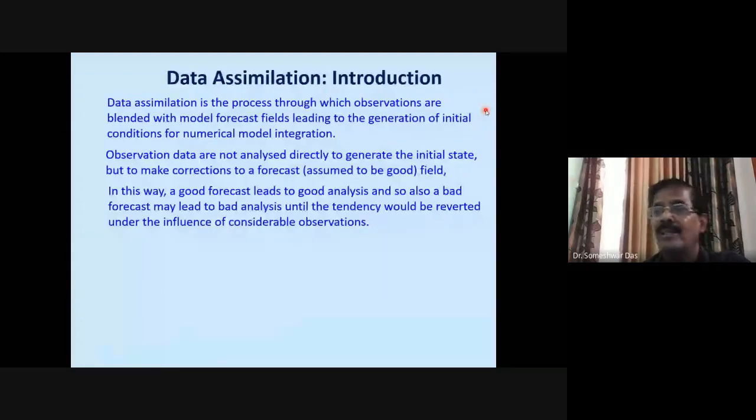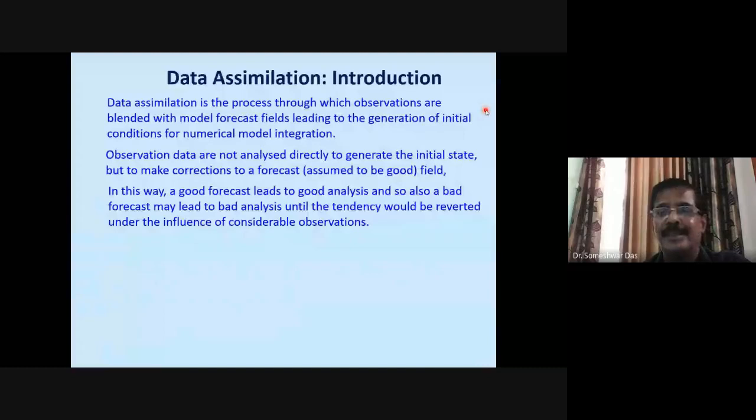When people keep on working and improving it, somebody will introduce a new parameterization scheme, somebody will try to improve the dynamics, some numerical techniques or integration schemes, etc., etc. But it takes time for improvement, right? Whereas observations change hourly, every 3 hourly, every 6 hourly, daily, isn't it? Observations will change every hourly, every 3 hourly, right?